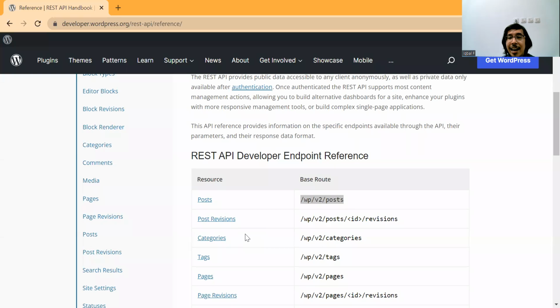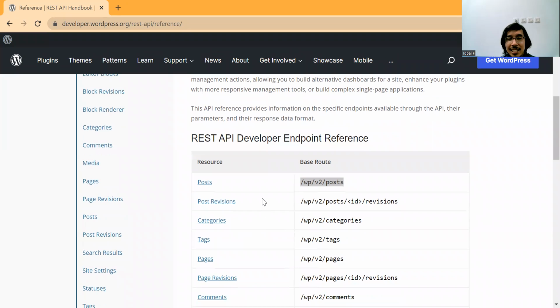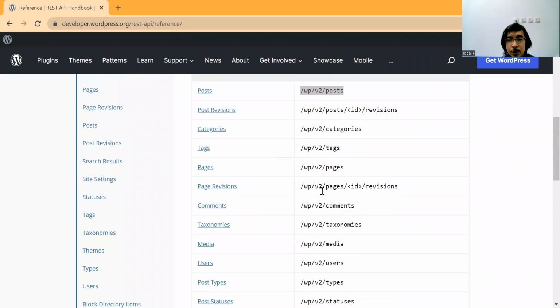I will show you another example from the reference for GET. It doesn't mean that I forget something, but I want to show the GET REST API. As another option, I will show you, for example, the comments and media. I will show you those options because we only have to change the syntax after the URL, I mean, after the v2.